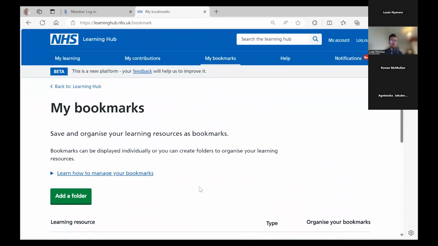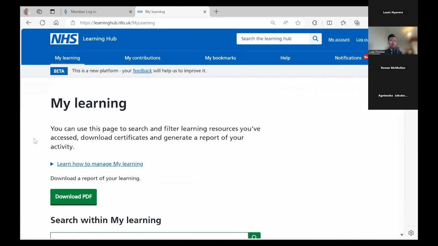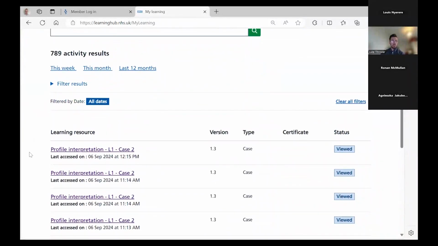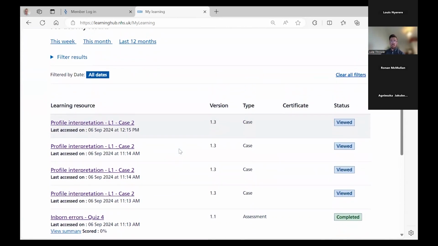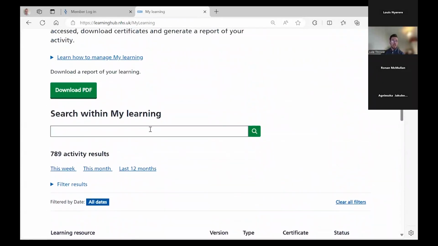You're also able to get a record of your learning from the Learning Hub. So in the My Learning tab up in the top left here, you can have a look at all of the content that you've accessed over a different period of time. So that's an easy way to return to things as well. It will show you whether it's been completed, viewed, or whether it's in progress. And then you're also able to download a PDF of your learning. So that can be really helpful if you want to use that